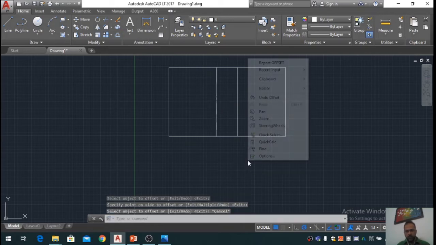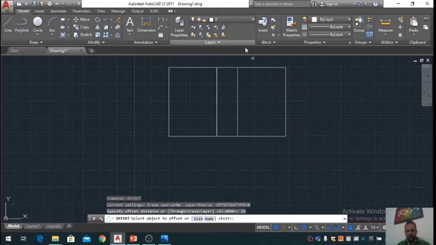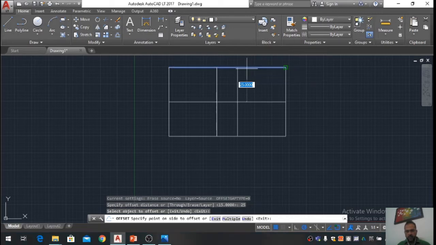Similarly, we can repeat offset, specify the offset distance as 25, and offset this horizontal line to this place. So we have done this one.